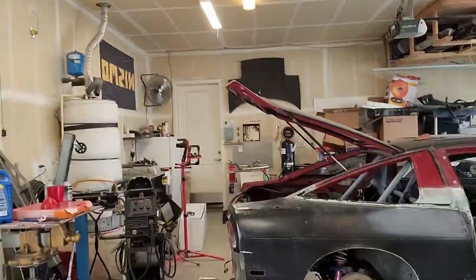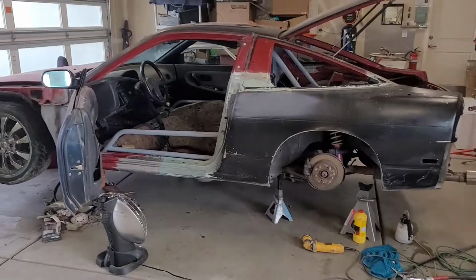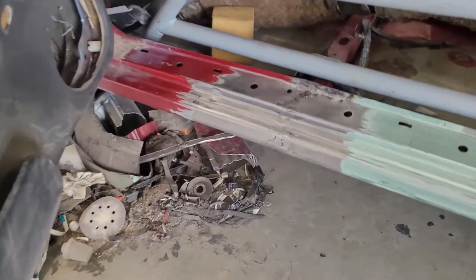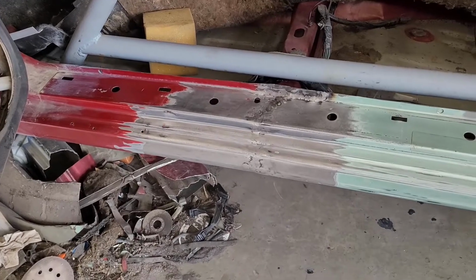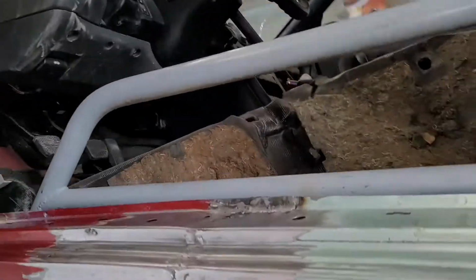All right, you guys, so I've got the quarter panel all welded on. I'm really happy with how it turned out. Let me flip it and show you the finished product. So I'm going ahead now and sanding down my weld seams pretty far back so